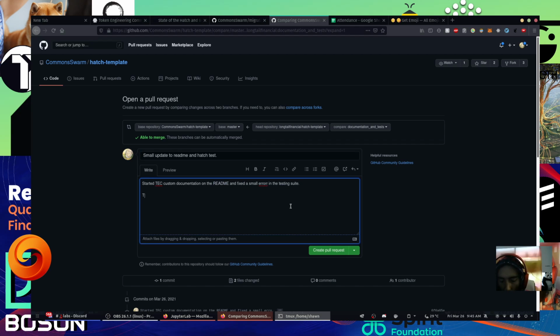And I'll just say this provides instructions on running the tests and fixed a small bug where the log was getting passed to the tests. It expected a string. So please review that section, and we might want to expand the features or documentation on that logging process, because it looked like a